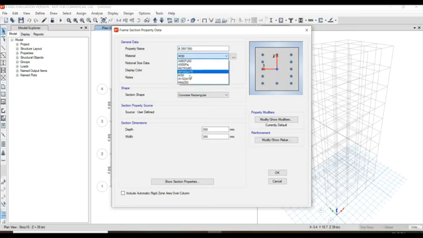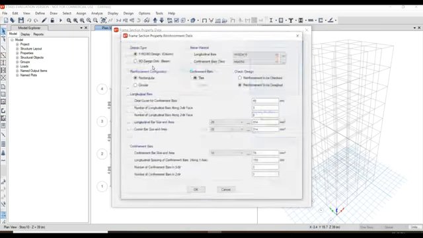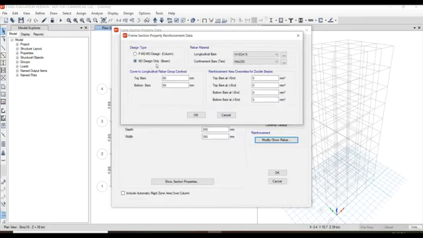Take M30 in the drop-down, and depth and width are 350 and 350 as we did the copy of the property, and modify the rebars. Check M3 design only, because beams should be designed for moment M3 only. These are for beams, and the longitudinal bars are HYSD 415 and ties